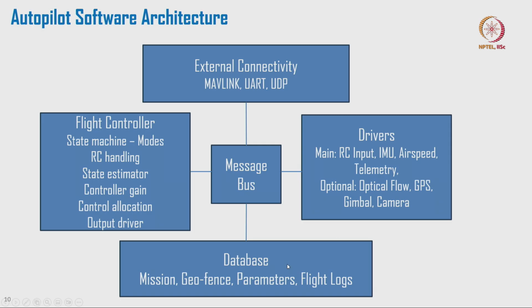We also need to connect to databases like what is a mission, what kind of fence we are talking about. Geofence is basically you are talking about the limits of operations. What are the parameters? And we also have to write all the data into a memory, right? The logs, the current state, mission plan, what is the current performance, everything can be logged, right? That's the message bus architecture you will have,